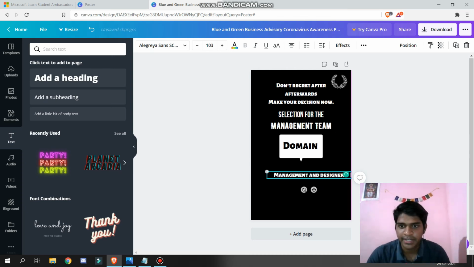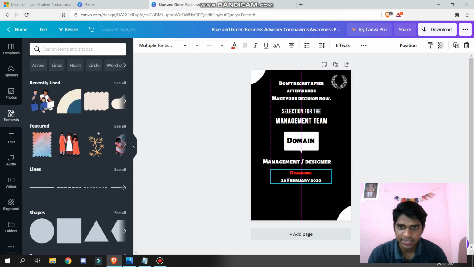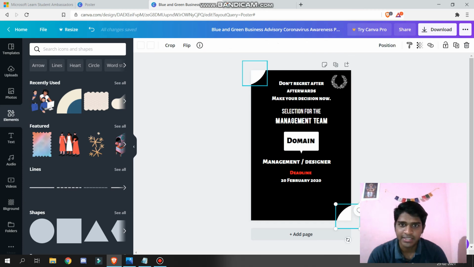You can just drag and use the same again. So designing and management, just keep it simple, and I've just added these two elements to give it a kind of border style.